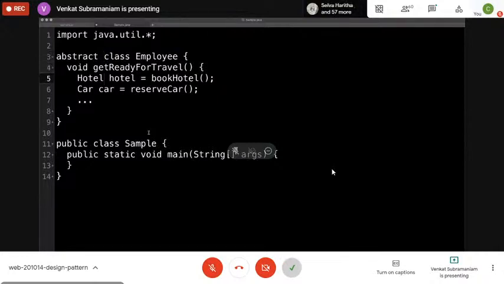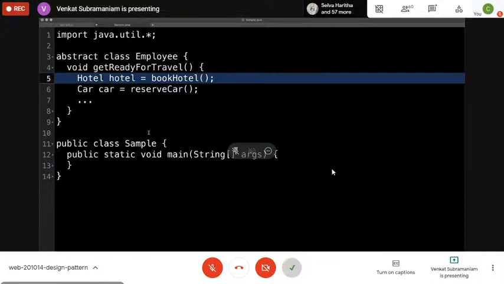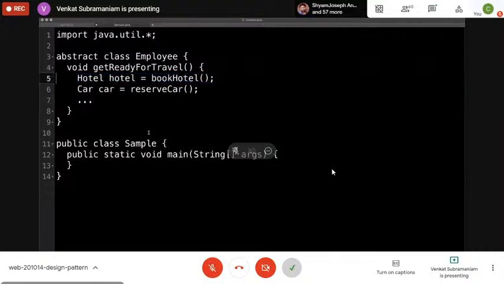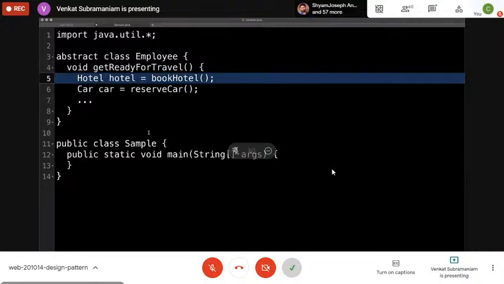Now, what kind of hotel can I book? Well, that depends on what position you have in the company. If you are an executive, you might stay in a 5-star hotel because you want to entertain people from other companies. If you're like me, where I'm a programmer, I get to stay in the cheapest hotel, right? Because the company gives me a budget and says, that's how much I'm going to give you, Venkat. You're not going to stay anywhere else.